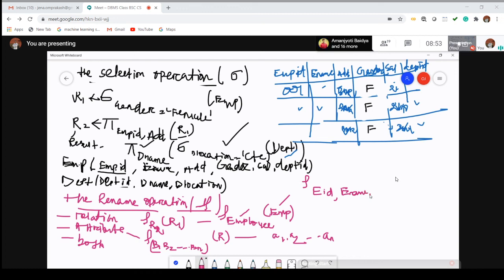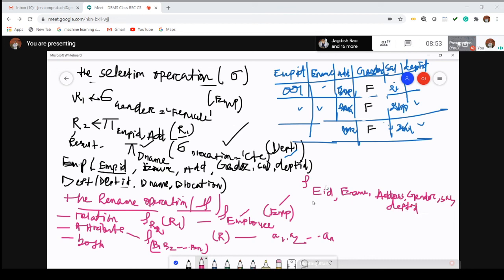In case of address, here I use ADD, so instead of ADD, I have to use address. The others remain the same, but I have to write all of them: gender, all those columns, out of which one is changed and otherwise it remains the same. Department ID.